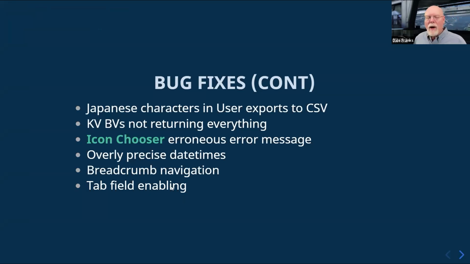Tab fields. If you had a tab and you put an enabling or disabling condition on a tab, it would work. But what wouldn't always work were the fields contained on that tab. They were not being enabled or disabled along with the tab. So technically you could disable a tab and still have enabled fields on that tab. That's not how things are supposed to work. Tabs are container controls. You disable the tab, it should disable all of its constituent controls automatically. That wasn't happening. Now it is.